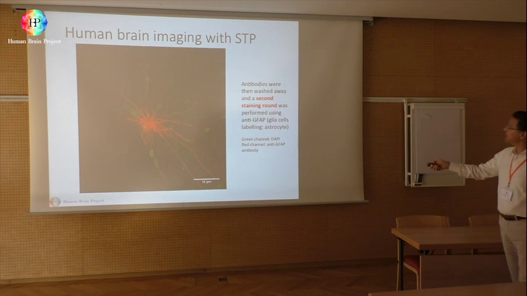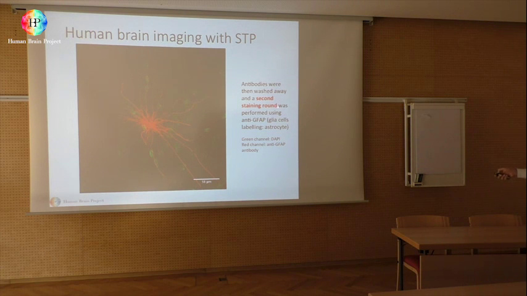And this is the second round, for example, where we use anti-GFAP, which is labeling glial cells, in this case astrocytes, and you see you superimpose the astrocyte labeling on the DAPI, then you remove this labeling and you label other things,